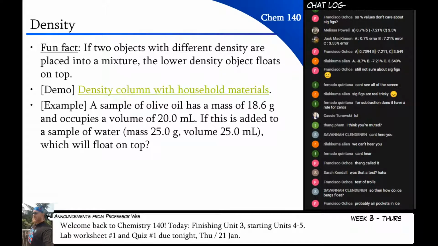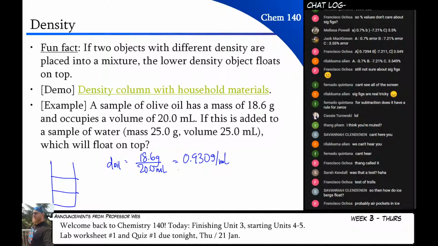So let's draw a diagram first of a container. And then those are going to be my two solutions. One of them is water and one of them is oil. So let's figure out the density of the oil. Its mass is 18.6 grams, and its volume is 20 milliliters. When I punch that in the calculator, I get 0.930